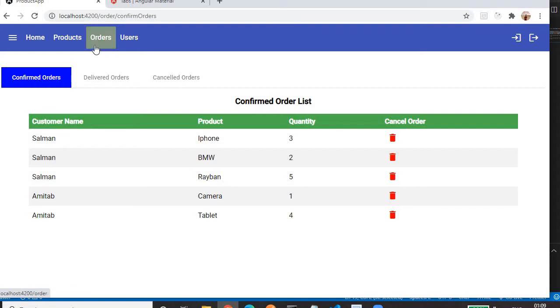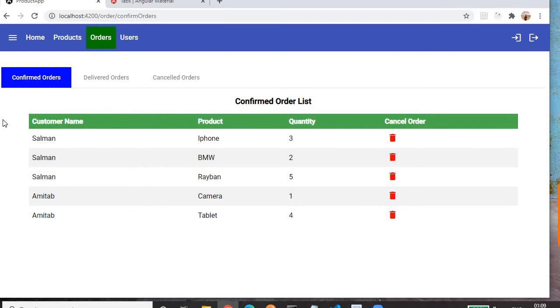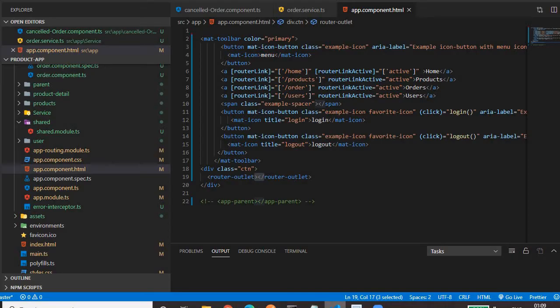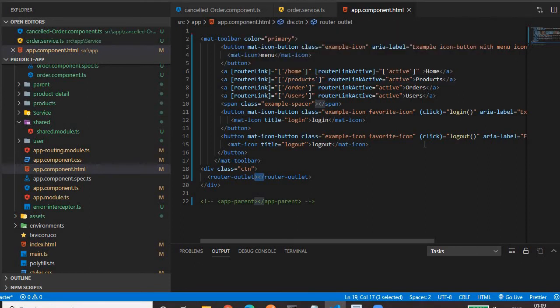If order is clicked, the entire screen will be rendered in this router outlet, and whatever is displayed within the tab will be rendered within the router outlet of order component.html that we have seen just before. Okay, so let me close it.